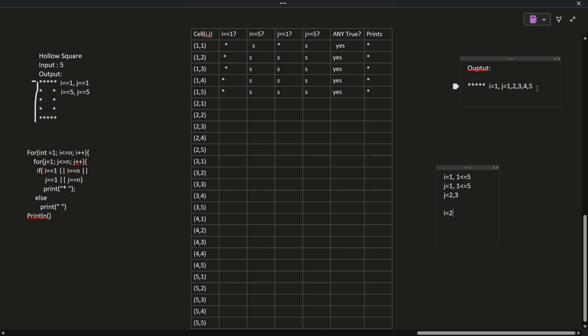Clear? Now if you notice in the second row, only the first column and last column have the star. Only in the first column and last column is a star printed. In between, it is totally blank. So what I'll do, second row first column, right? It is a second row where i is not equal to 1. In such a case,